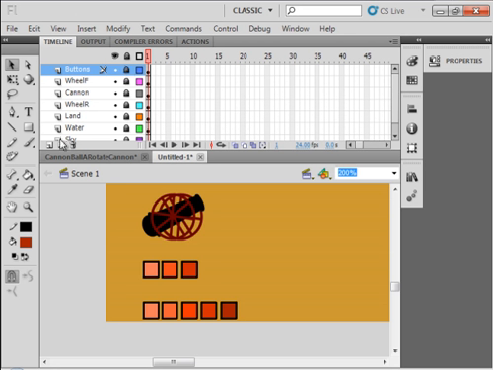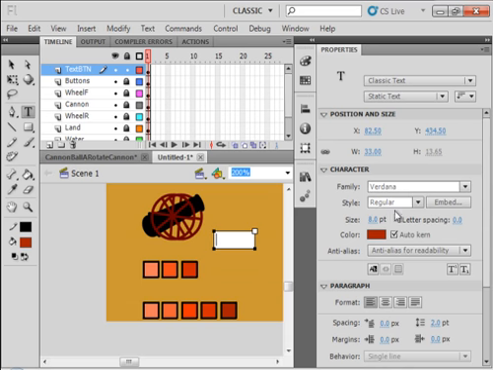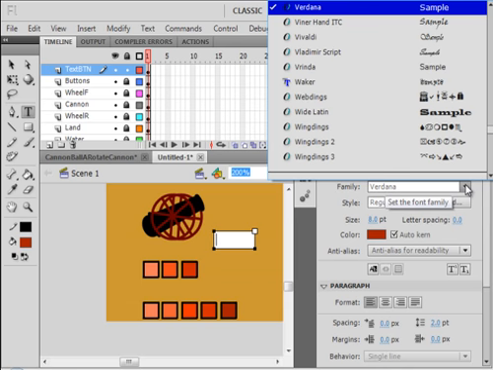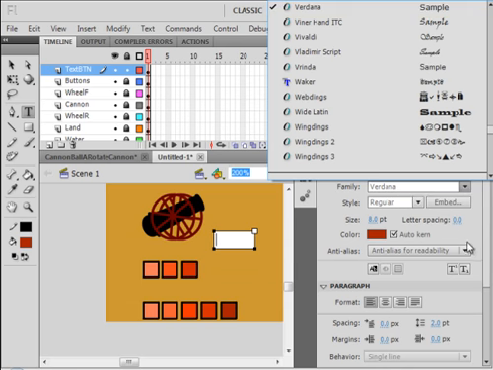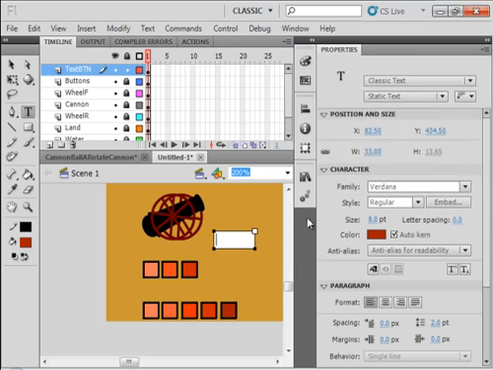Lock that buttons layer, insert a layer, call it TEXT as in text, BTN as in the buttons text. Select that frame, pick up your text tool, and make a text box. I think that's somewhere around 8 points. I'm using 8 points, Verdana, you just go to the list here and you'll find Verdana. And once you have that selected, and I'm using that dark brown, the same one, that's my last one here, click this embedded,